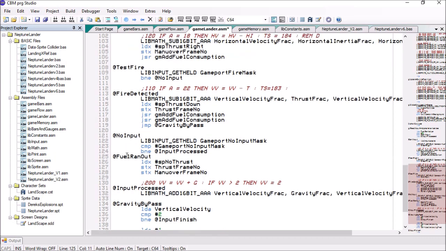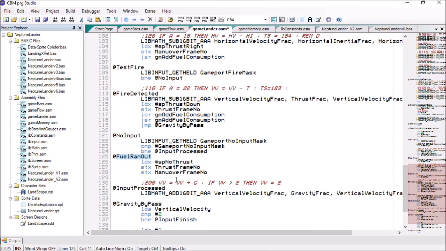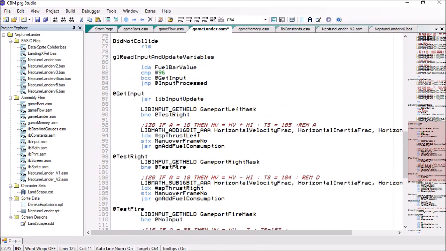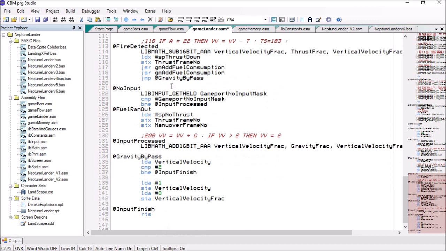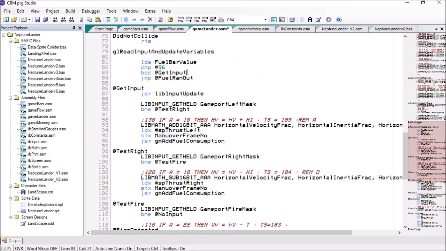Okay, so we'll go there instead, which will reset all the sprites and still perform the update. Okay, but we also need to